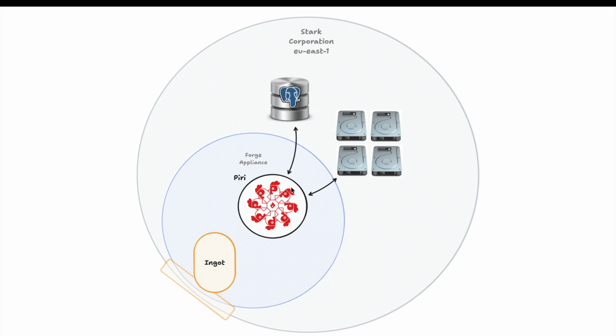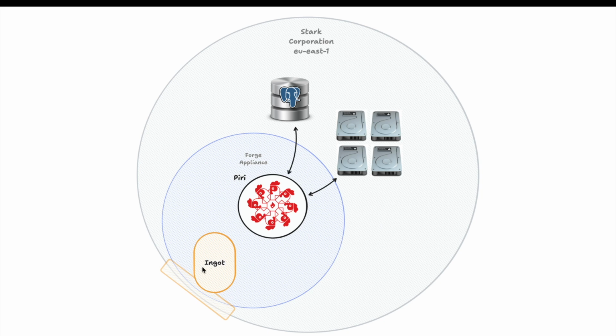There's no real difference here in terms of the node that's being run by this regional provider versus a Piri node that could run independently on the Forge network. It just so happens that it is co-located with this other service